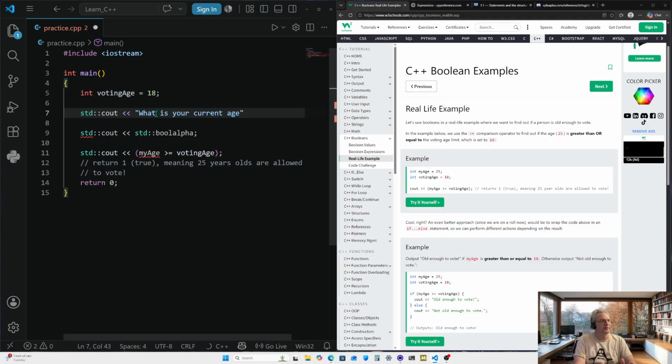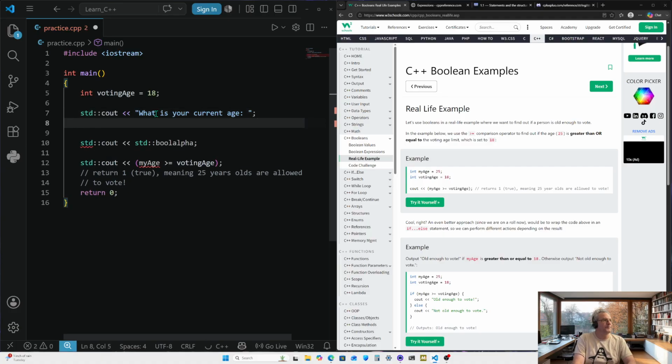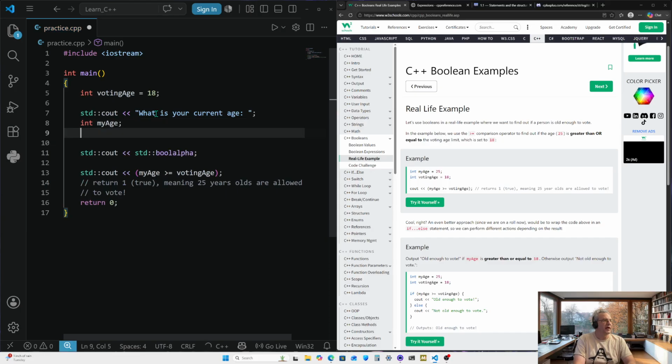You could put in what is your date of birth or whatever. We don't have a program set up yet to calculate their age based on their date of birth, so we're just using age. What is your current age? You can rephrase this however you want. We end that right there. We set the value, integer my age. We just got it declared. And then we're waiting for input. So there's the input right there,